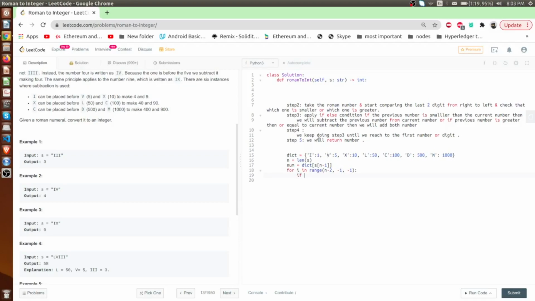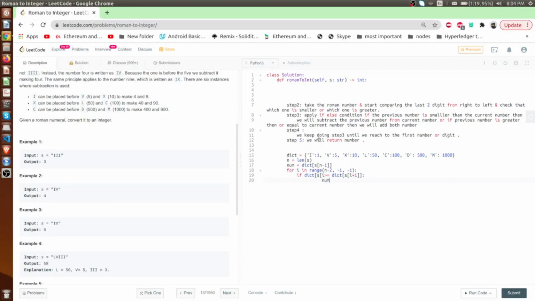If dict of s of i is greater than or equal to dict of s of i plus 1 colon,